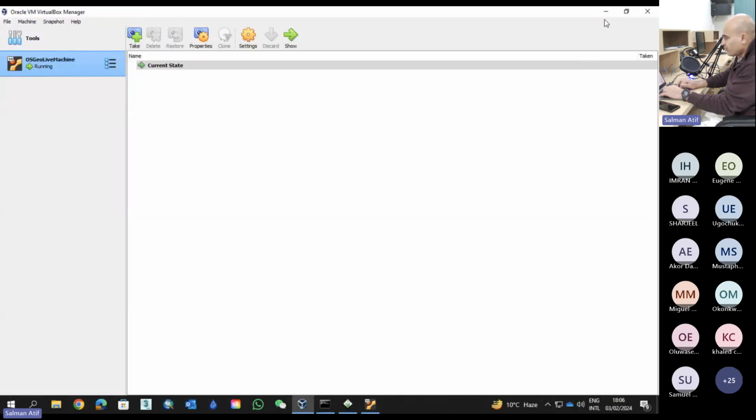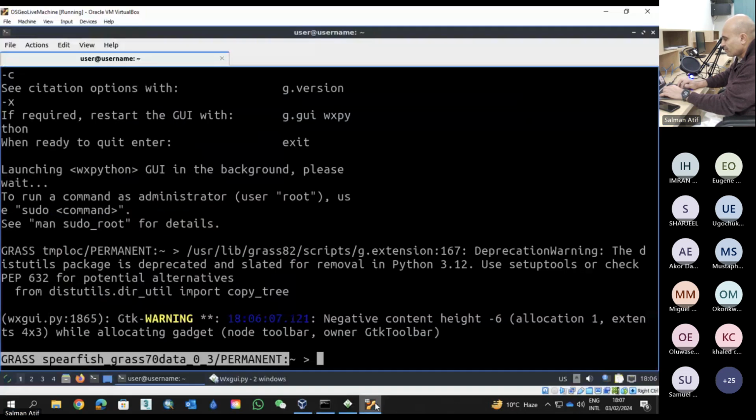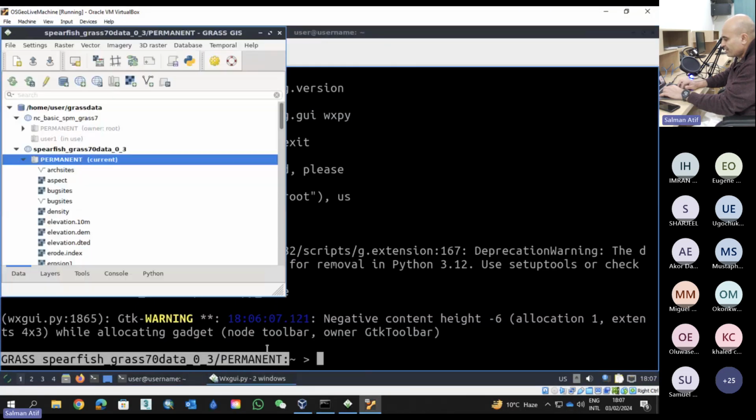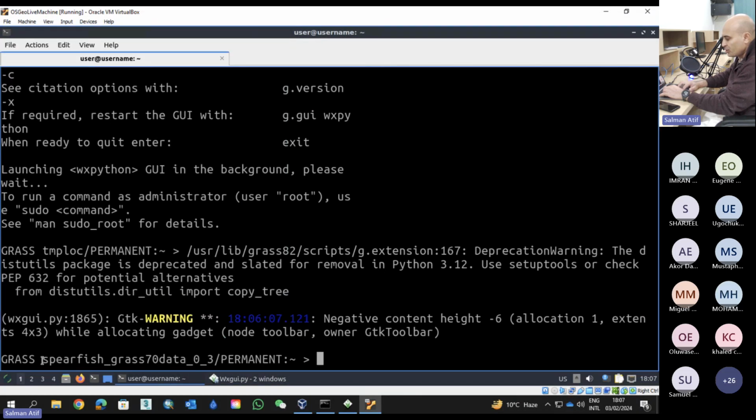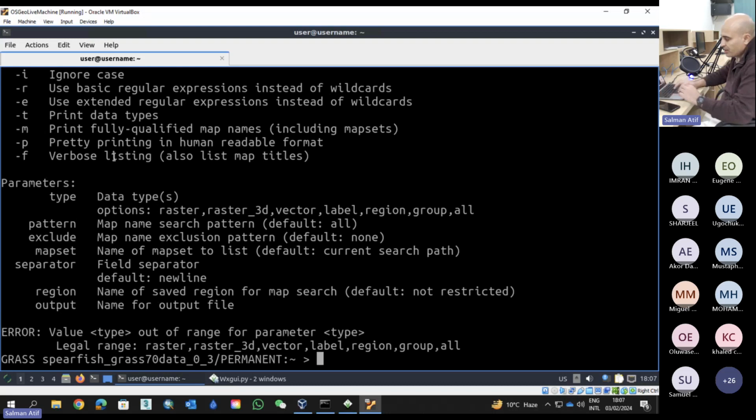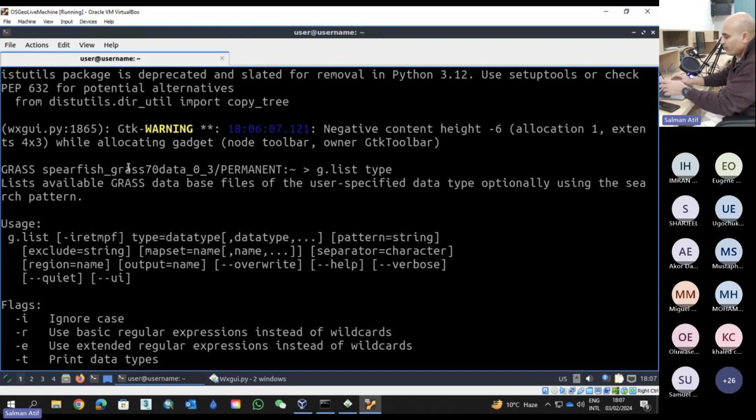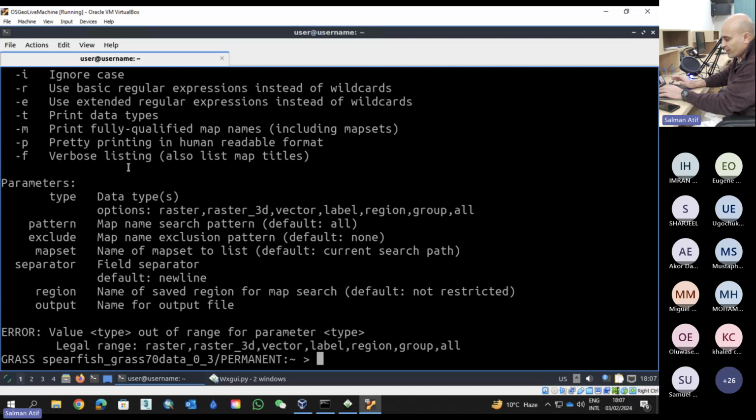So if I go back onto my virtual machine, I can see that I'm on Spearfish GRASS 70 data, and I can see that it's Spearfish GRASS 70 data here as well. I could list the files by typing g.list. There are a set of commands for GRASS that we use whenever we are working with GRASS GIS. The best approach for learning those commands is